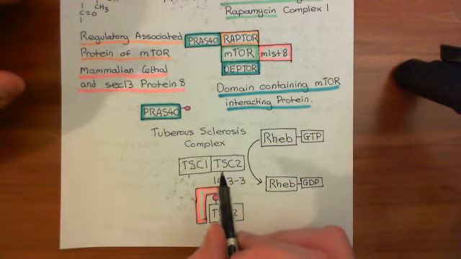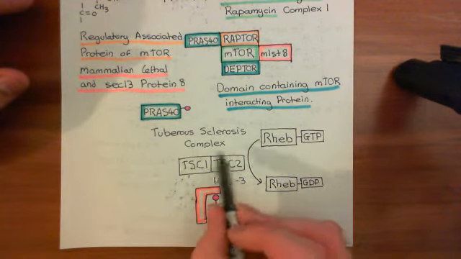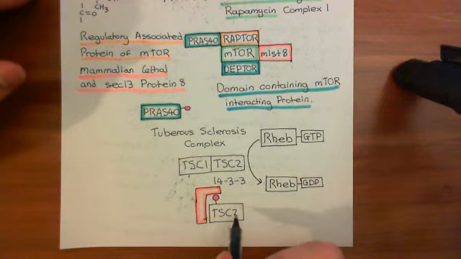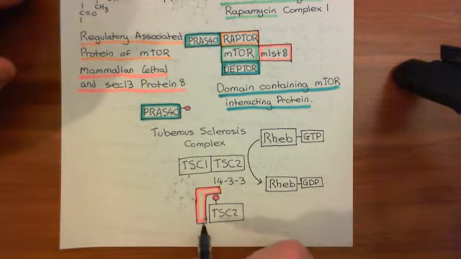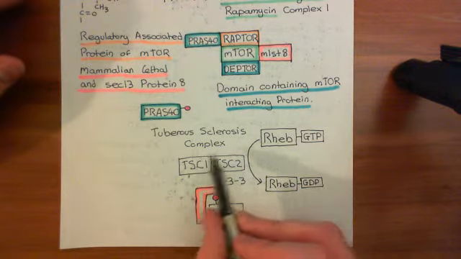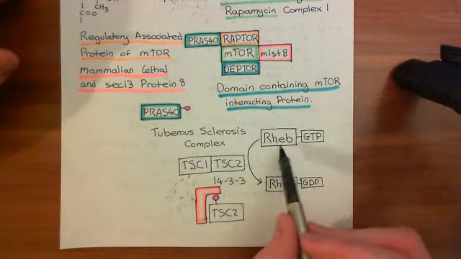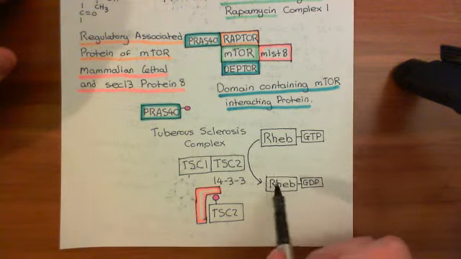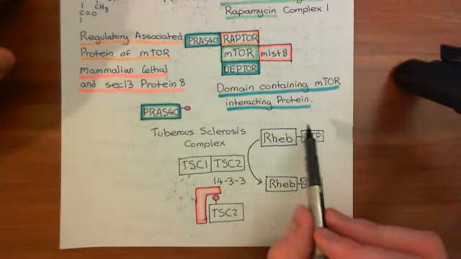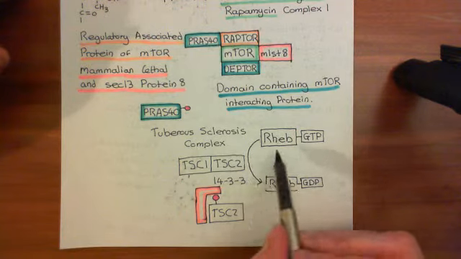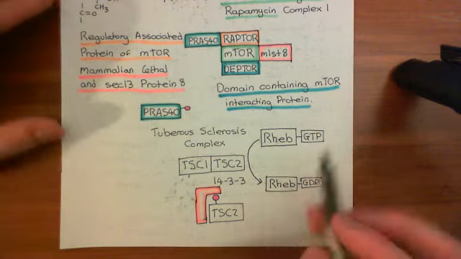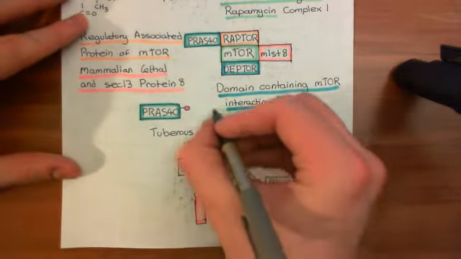So basically what protein kinase B is going to do is it's going to stop these tuberous sclerosis complexes from being formed by phosphorylating the tuberous sclerosis complex 2 protein, which will then force it to associate with this 14-3-3 protein. Now, if there are no functional tuberous sclerosis complexes, then the Rheb G protein no longer gets turned off. So what you get is an accumulation of Rheb GTP within the cytoplasm because there's no enzyme complex to turn it back off. So you get an accumulation of on Rheb G protein within the cytoplasm, and then this accumulated